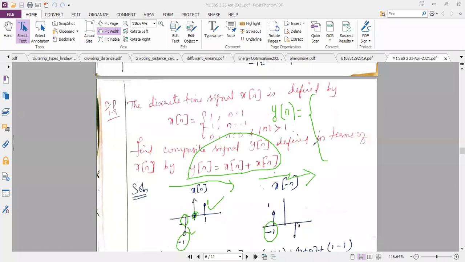1, ma'am. Is it 1 or -1? Check the diagram again. At n is equal to -1, you have 2 diagrams, x of n and x of -n. Now I'm at -1, ma'am. Okay. So you have x of n at n is equal to -1. Yeah, x of n is -1. So that should be added with x of -n's amplitude at n is equal to -1. So again at n is equal to -1, its amplitude is 1. So if you add the two values, your amplitude is equal to 0.